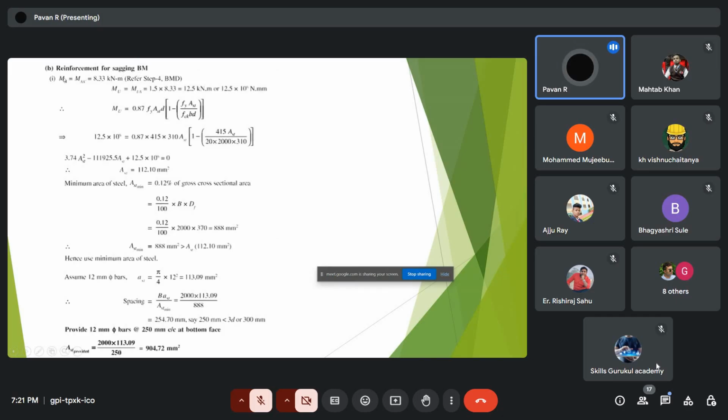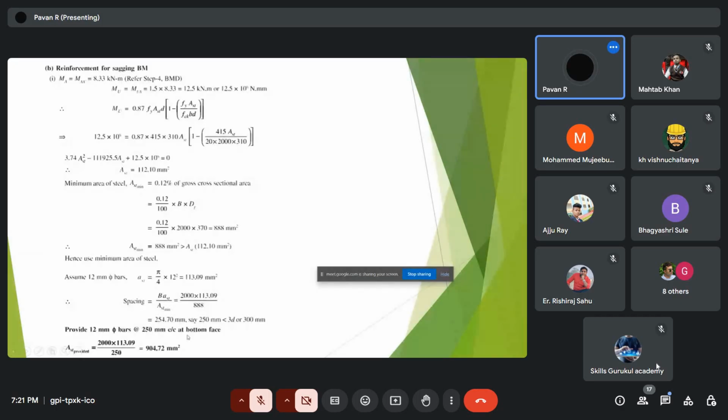For example, for a bending moment at A, which is 8.33 kilonewton per meter, we should multiply with 1.5, and with the same formula we can work out the AST, that is 112.10 millimeter square. So which is very less. So we should provide a minimum AST which is 0.12 times the gross cross section area. So we provide the 888 mm square rather than this, because minimum AST has to be provided along the cross section. So the AST should be, we can use the 12 mm bars at 250 mm center to center at